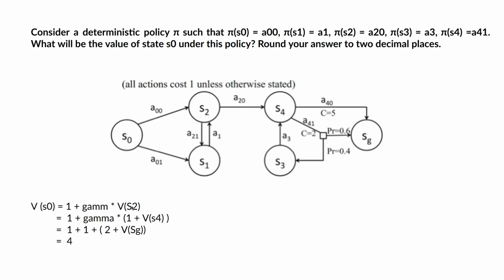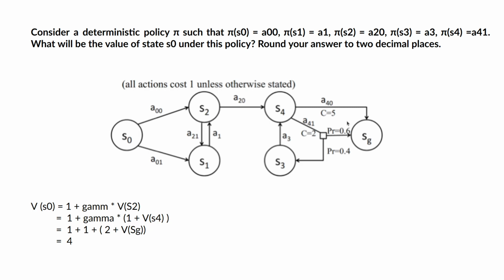So the value of S2 is, what is the optimal action to take from S2? For S2, the optimal action is A20, going to S4. So again the reward is 1 because it's not stated, it's always 1. So 1 plus, you are reaching S4, so the value of that state. Gamma is already specified somewhere, I guess 1, so that's why I am removing gamma here. So 1 plus 1, this one coming outside, plus